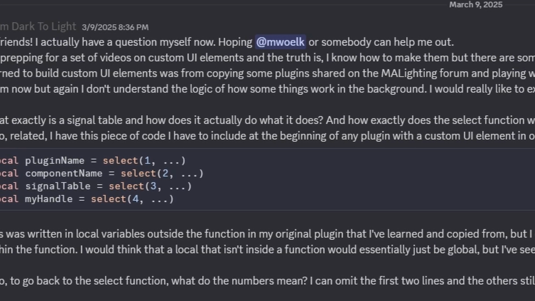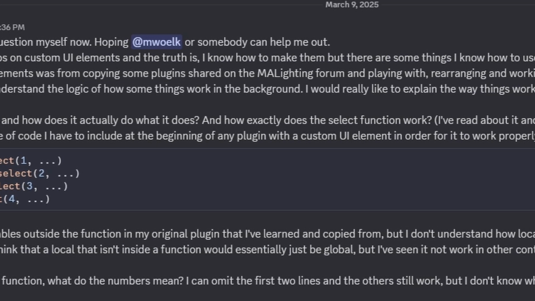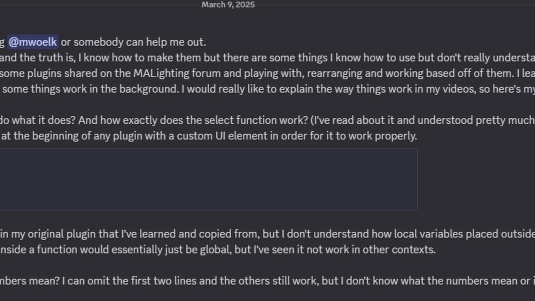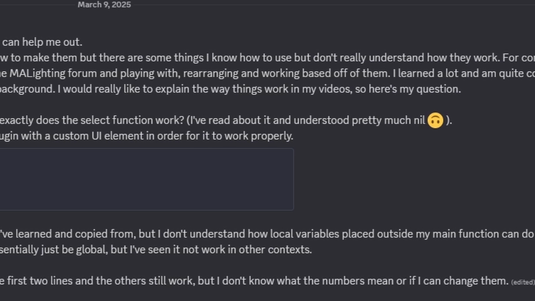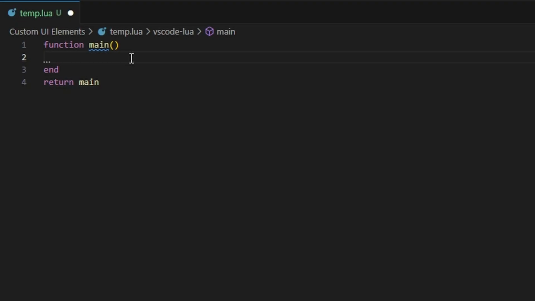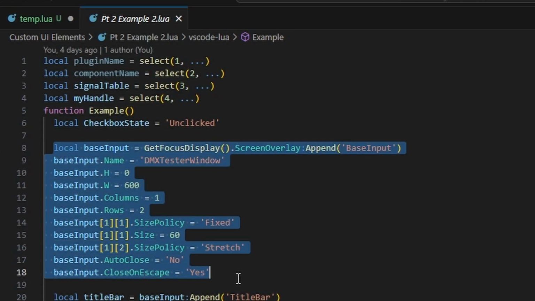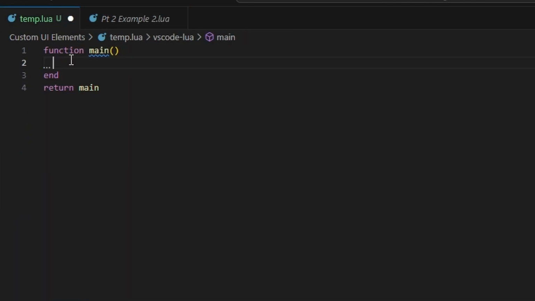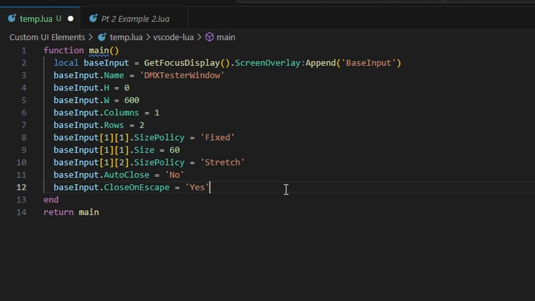When I was prepping for this video, I actually asked someone in my Discord server who knows more about Lua than I do for some help and clarification on some things, just so that I would be able to explain them better for you. And I'll state here now that I do not remember all of the details on how to build these from scratch on my own every time I'm programming. I do a lot of copying and pasting from my saved examples and then just tweak the settings for what I need. And there's no shame in doing that. If you understand what the code is doing, why not copy, paste, and edit? At the very least, it saves time.